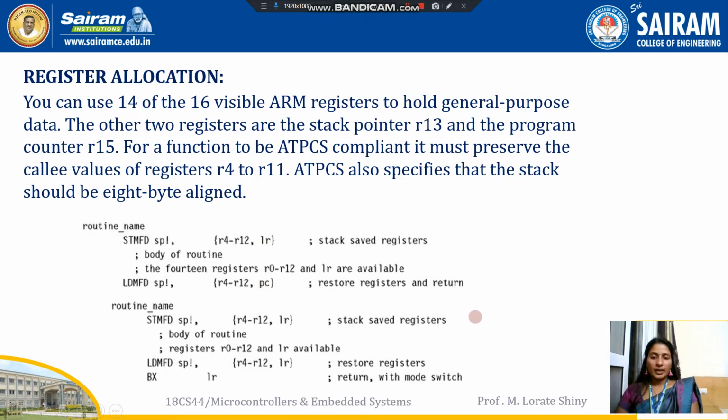When the program is running in Thumb mode, everything will be the same, but instead of this instruction, we have to write the branch instruction, branch exchange LR. So here we will write LR only. While storing we used LR, and in loading back also we have to use LR. Then that LR will move to the program counter in the next instruction. Branch exchange instruction moves LR to the program counter. So this is the ARM mode, and this is the Thumb mode instruction.